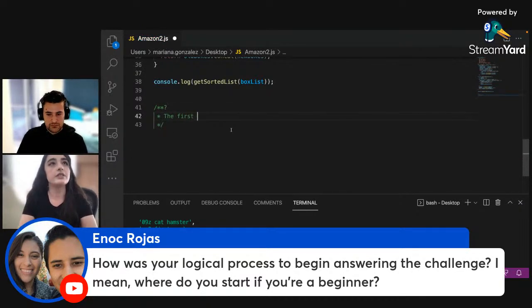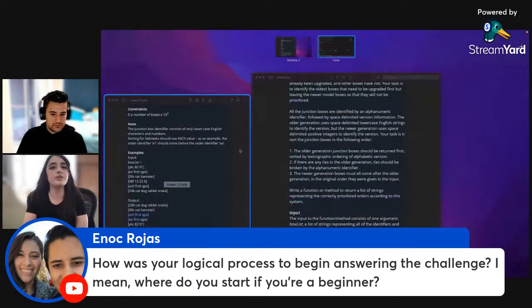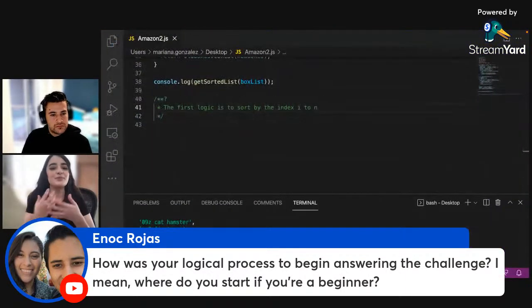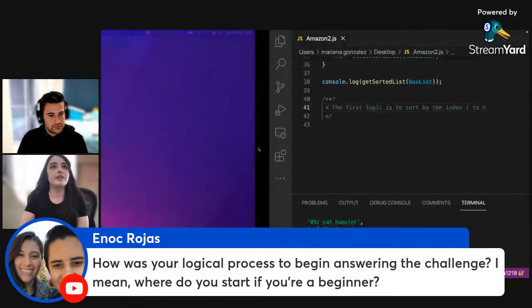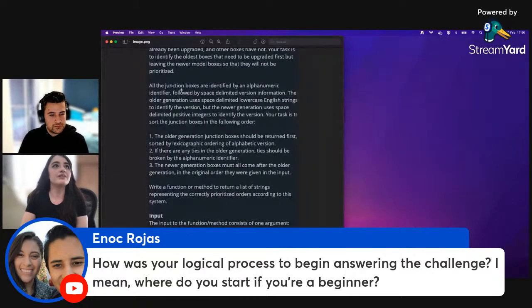The first logic is to sort by the index 1 to n. So you are going to write pseudocode, and after that you are going to code. It is the same approach as when you first program the test, and after that program your functionality, with all this. For example, if they are the same, you must